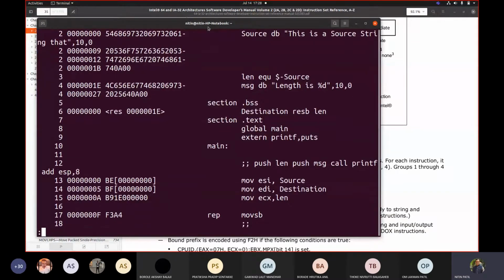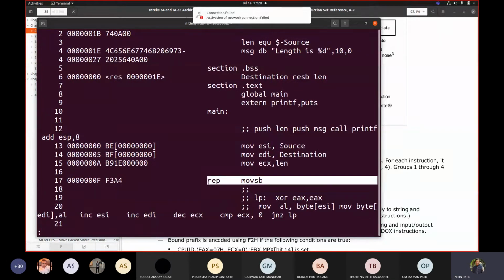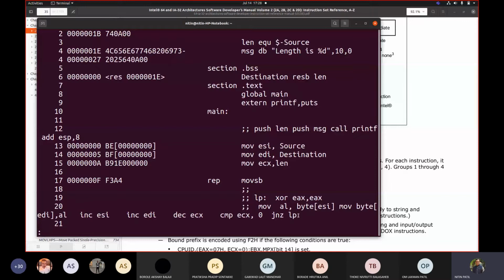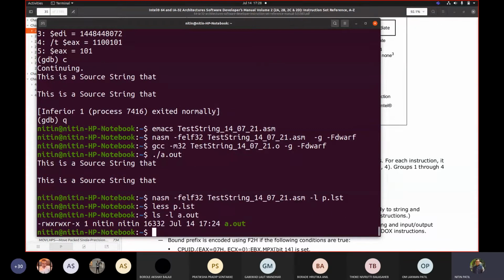What happened was, if I see over here, I got only 2 bytes to write this whole code which was written below by us. This code. Now let us copy this p.lst and see the size of a.out. Remember this size.